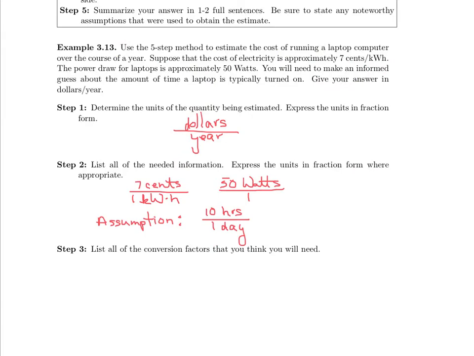So we need to take a hard look at the units we've got and think about how we're going to arrive at these units from these units. Well, first of all,